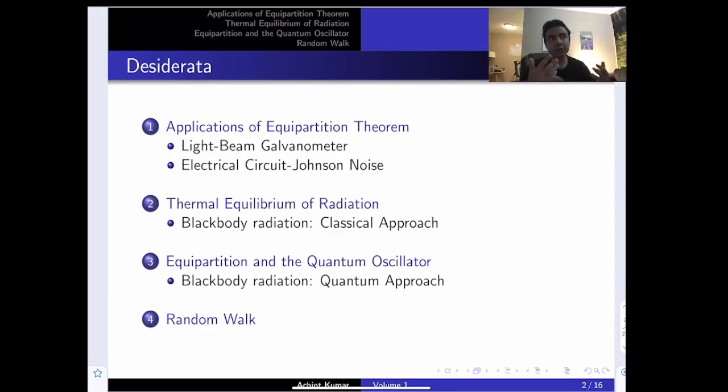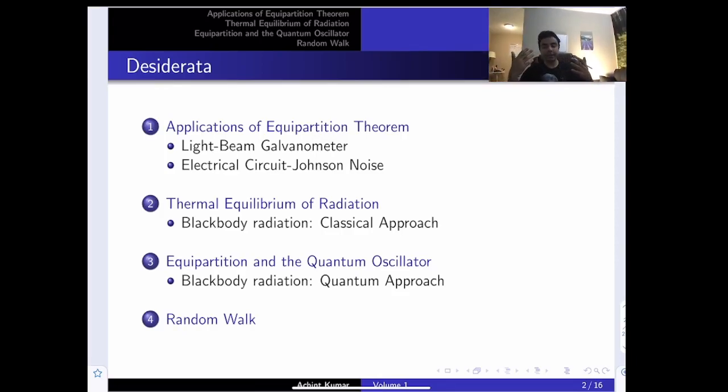How equipartition theorem tells us the fundamental limitations to sensitivity of a galvanometer. Then I'll talk about Johnson noise, which is always present in an electrical circuit at some temperature T. After that, I'd like to talk about thermal equilibrium of radiation, how we can understand what's called black body radiation